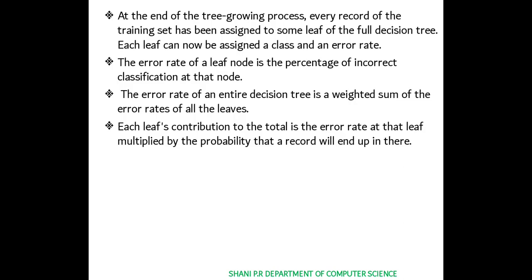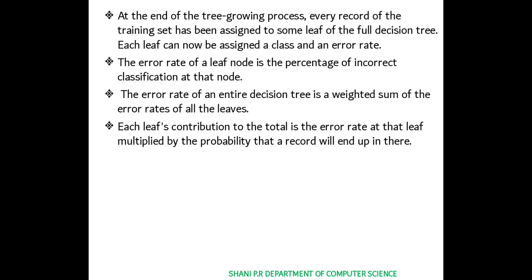So when we are splitting into the multiple leaf nodes, we can see the error rate. But we are mainly working with this particular algorithm to find out the accuracy, right? To predict the data. We will be seeing the error rate also in that. How many errors may occur in that decision tree? How we can overcome that error rate and so on.